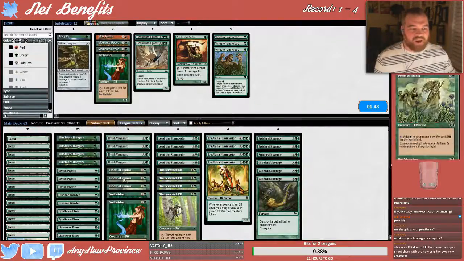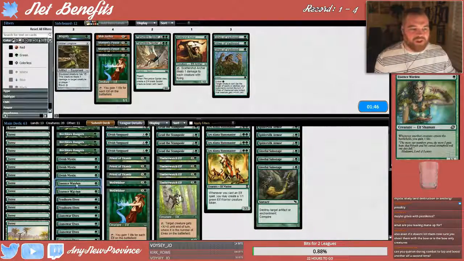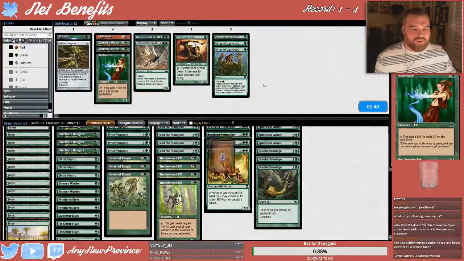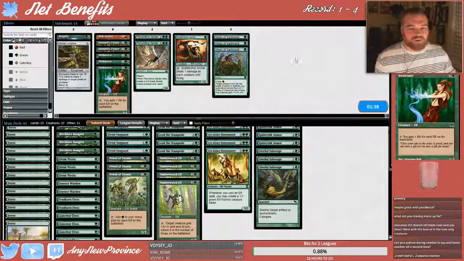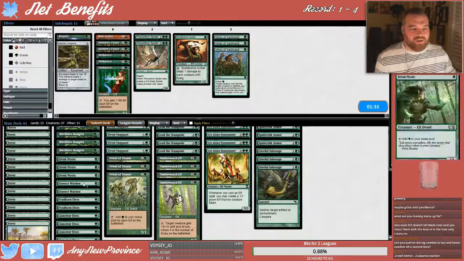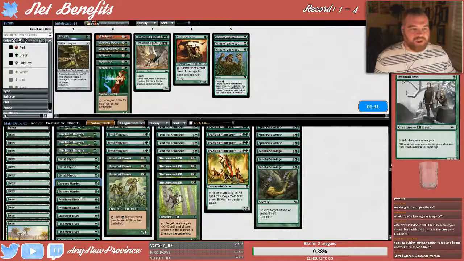3 more cuts to make. I don't know if we care about the life gain that much, so I think I'll take out the Essence Wardens. The 1-drop Elves are pretty good, though. So maybe I'll take out the Well-Wishers instead. Well-Wishers are just a little too inefficient here. And then take out... whoops. Take out...